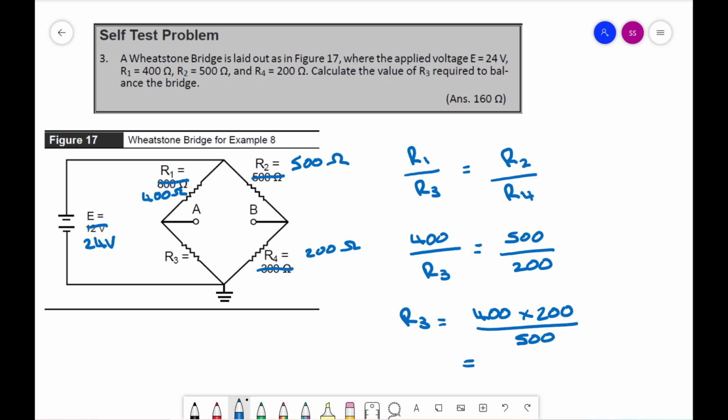500. If we put that through our calculator, 400 times 200 is equal to 80,000, and dividing that by 500 gives me a resistance value here of 160 ohms. And that's the answer that they had in the textbook for this question. So nice and straightforward. Now again, if you want to try this comparing left to right, you should come out